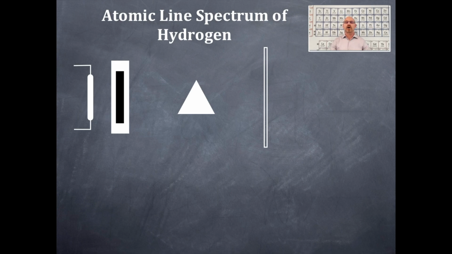So I want to show you what that looks like in another fashion, not with the atom, but what it looks like experimentally. Okay, so I'm going to label all these parts here for you. This is hydrogen gas in a spectrum tube, and there's a high voltage that is going to be applied with this. Now, it's a population of hydrogen atoms, so some of those hydrogen atoms are going to have high energy, and some of them have low energy,